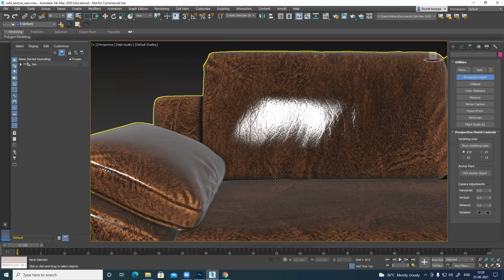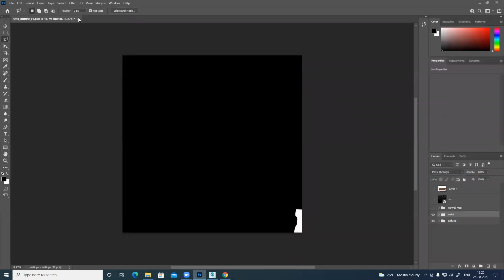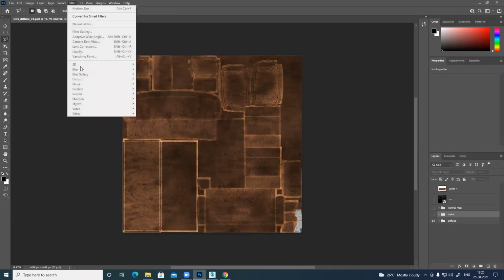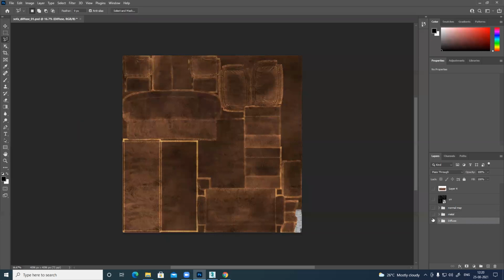So make sure you install something called XNormal. XNormal is a small plugin, free of cost. Install that, or if you have the 2020 version or 2018 also, if you go to filters, there's something called preview. If this option is there, then you need to install XNormal. You can create this normal map directly here. So I can select this folder, Control-click, just show it quickly.